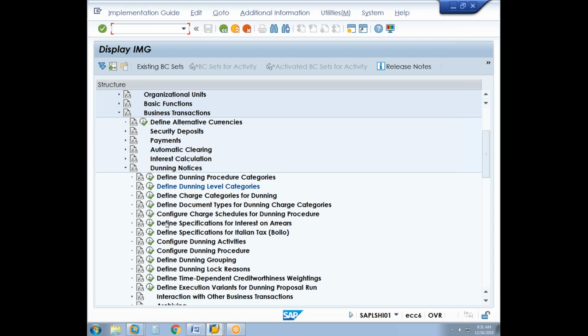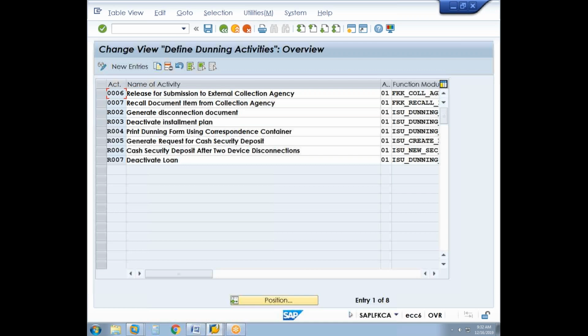Define specification for interest on arrears, Italian tax, configure the dunning activities. Dunning activities are basically connected to a kind of module program. These module programs have been given, but if you want to modify them, you can create a new module program and then assign it. That will be taken care of by the ABAP team. So here we are saying R003, okay, R005, okay, or let's say